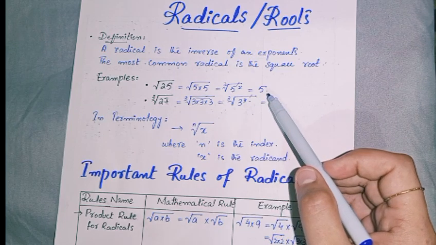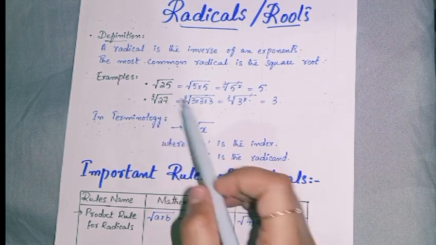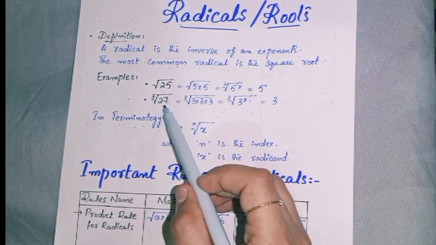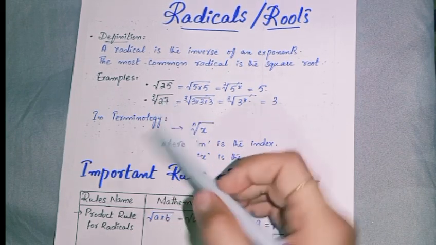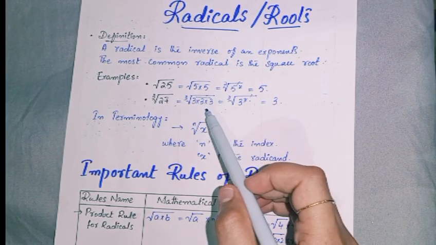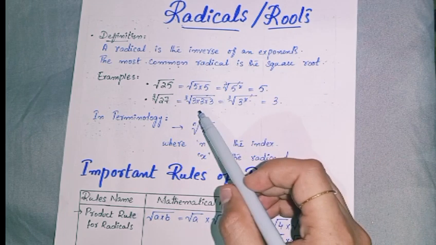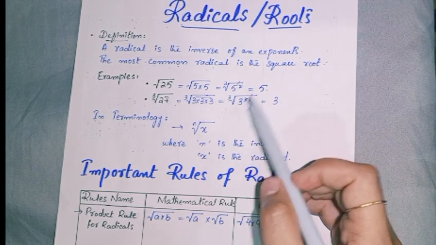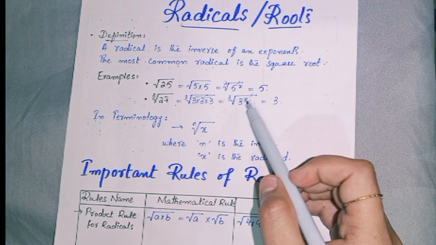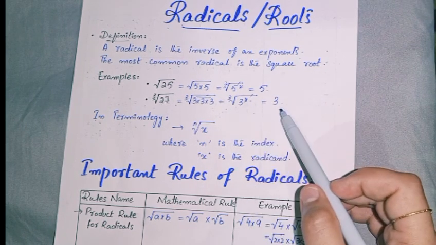answer as 5. In the same way, you can see this is a cube root. It is 3, it is a cube root. To find the cube root, you can further simplify by taking the LCM of 27, or you just can take the product of it. So you will have 3 into 3 into 3. When you take the product of it, it will be 3 to the power 3, because 3 is 3 times, I'm going to write 3 to the exponent or the power 3. Now you can cancel out this power 3, or you can say cube, with this cube root. So you will get the answer as 3.